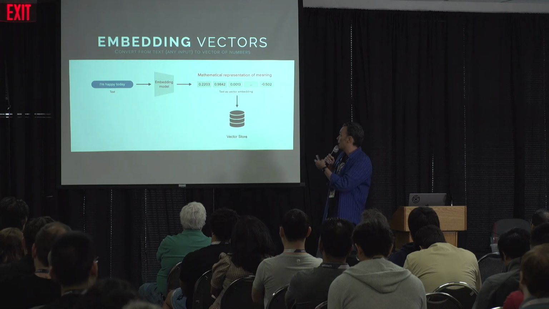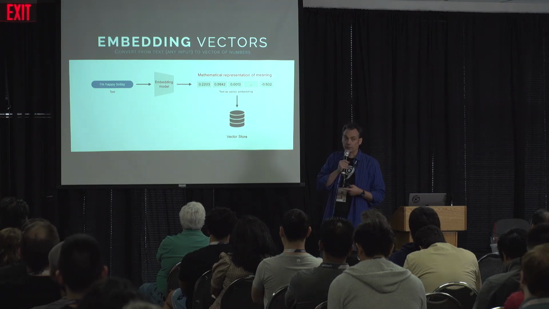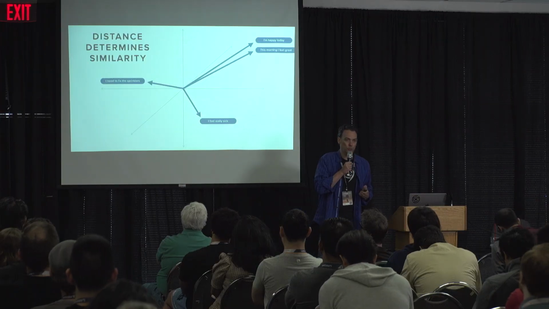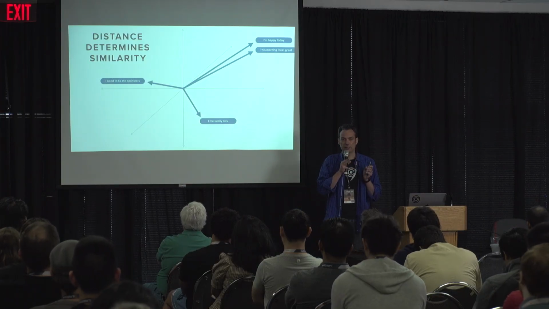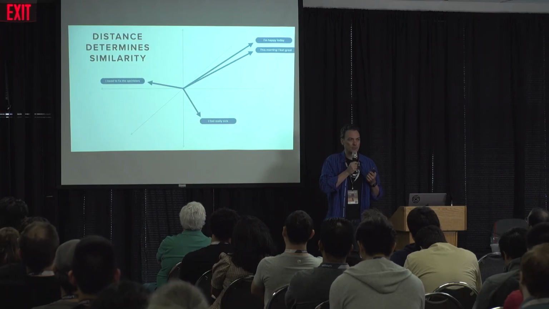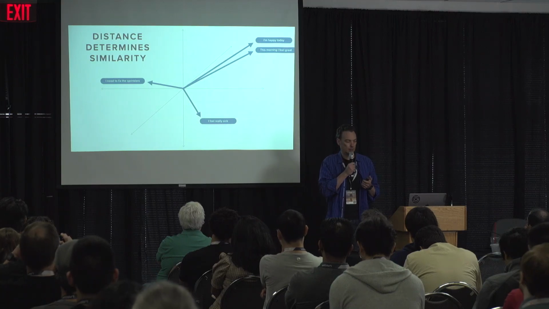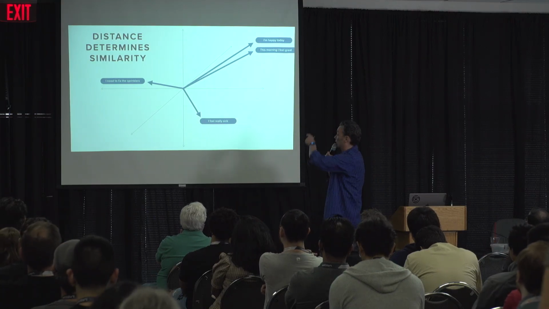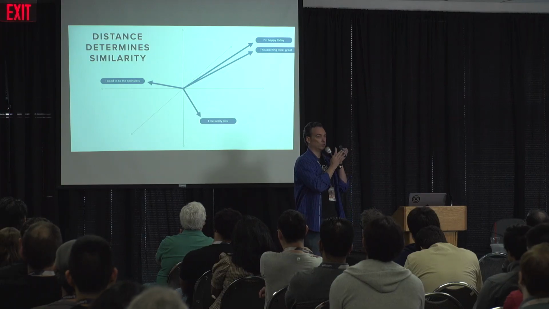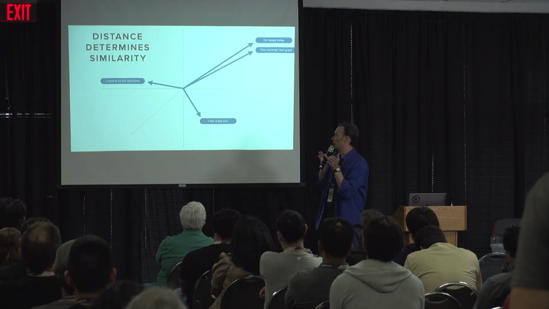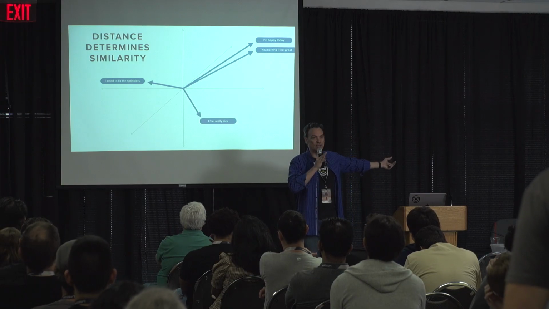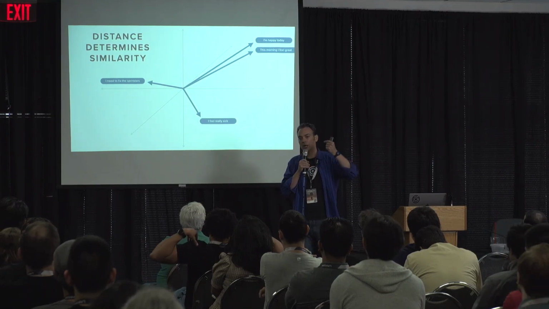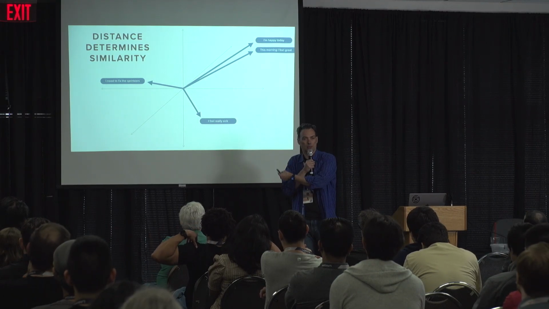That mathematical representation is a vector. It goes into a vector store where you can do specific operations on it. The main thing you can do with vectors is understand the distance between them. That is fundamentally the property that makes this interesting, okay? So two values that have similar meanings, like I'm happy today and this morning I feel great, are very close together. But if you look at I feel really sick, that's way off and different. This is 3 dimensions, but it scales up to the hundreds to thousands of dimensions in a usual embedding vector.